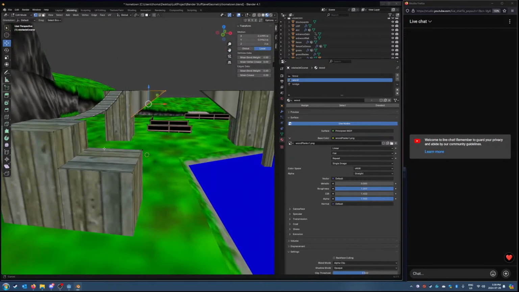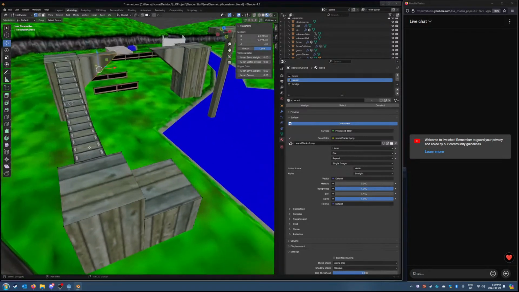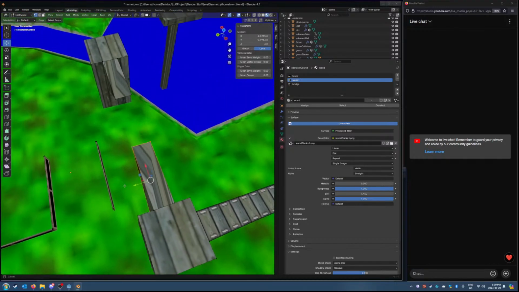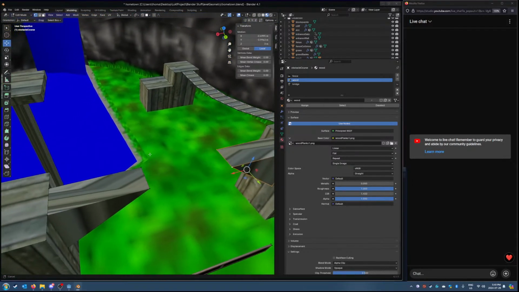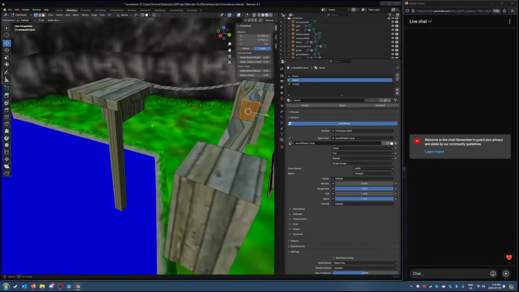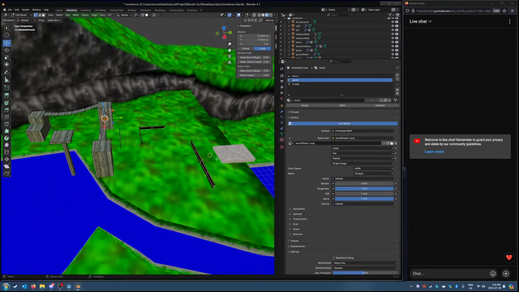The player climbs up here, crosses this bridge, jumps across, jumps up, and then